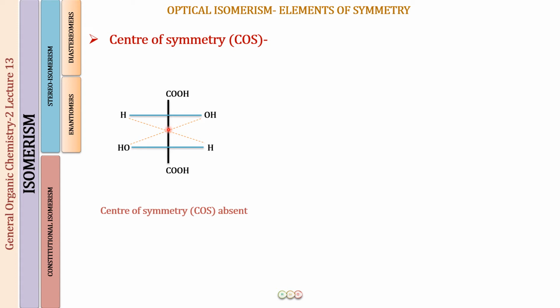But then how are you going to see that in the examination? Well, you will be able to see that in the examination when you will be drawing the Sawhorse projection for this molecule. You will be learning in the upcoming lectures about the Sawhorse projection for molecules with two chirality centers, and you will be able to convert the Fischer projection into the Sawhorse projection. I will be teaching you that also, and then you will be able to understand whether this molecule has a center of symmetry or not.